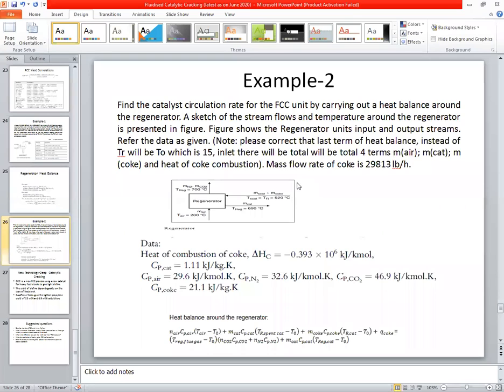It's given that Coke produced equal to 29,813 pound per hour. Since it is pound per hour, we can mention that it is actually not weight of Coke. This is a mass flow rate of Coke. So correct accordingly as I mentioned: mass flow rate of Coke is 29,813 pound per hour. This is the first error. Second error,